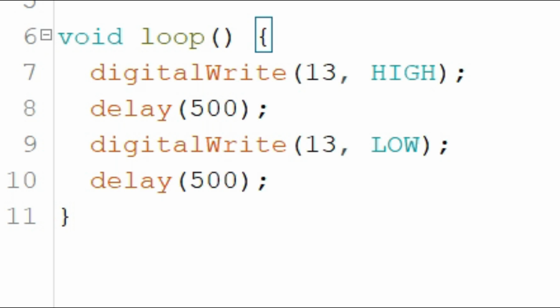In general terms, we can say that we are giving 5 volt to pin 13, and then in next line delay(500); is there. So delay is used for freezing the code. In the brackets 500 is there. It represents the time, and time is in millisecond. So 1000 millisecond is equal to 1 second. So 500 means half second. So this line is saying stop the code from executing the next line for half second.